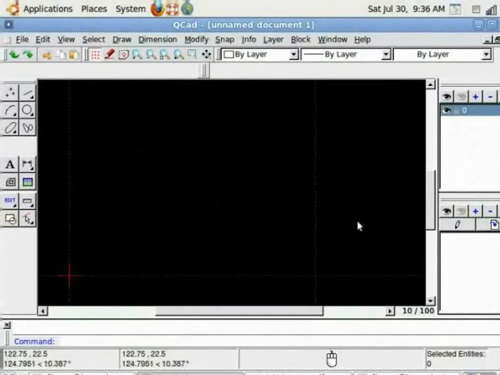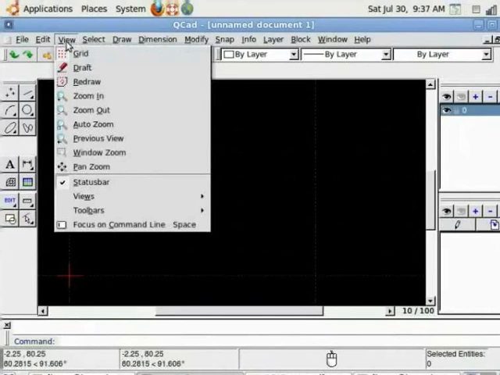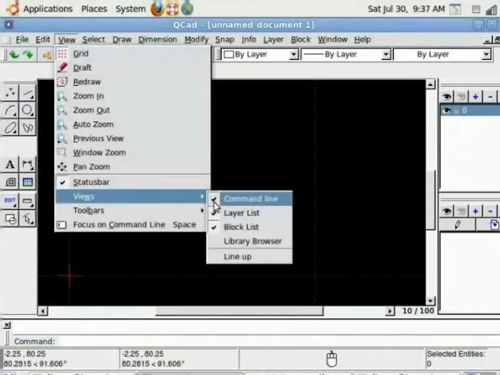Right in the middle is the main drawing area, black in color with dots. Dots signify the grid. At any time, you can choose not to view grid by going on to the top option and click on this grid icon not to show the grid, and click it back again to make it visible. Similarly, all the other windows like command, status, layer and block can be enabled and disabled by going to top menu view option, views, and check box in front of the window of your choice.